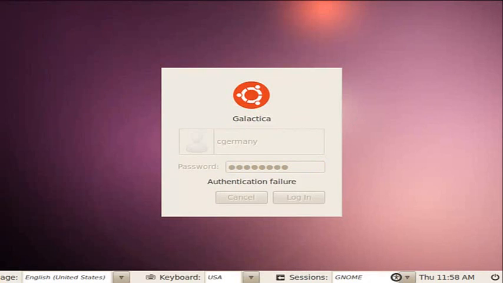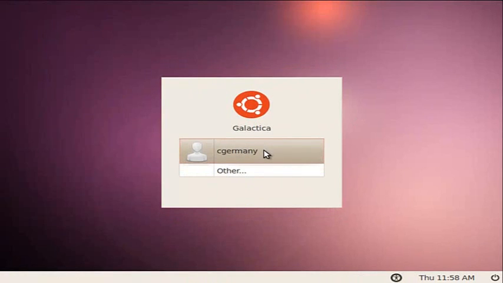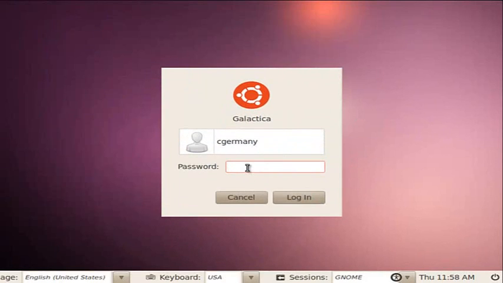It says authentication failure. And the reason is now instead of using a local password file and authenticating on the local client, it's using the NIS server. So what I have to do instead is type in the C Germany password from the NIS server to give me root privileges and things. And that password was just lowercase password. Alright, so I'm just going to type in lowercase password, and now I can log in, so I know that my NIS server is actually functioning